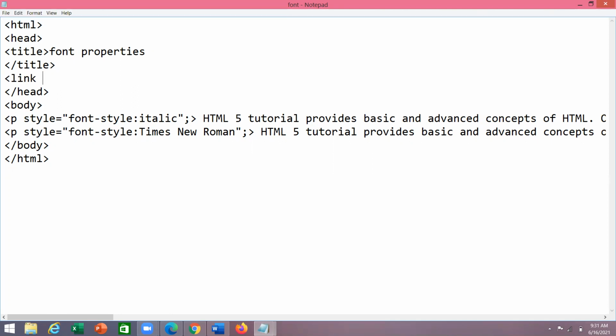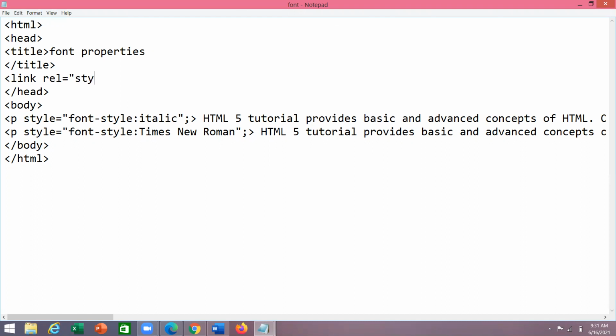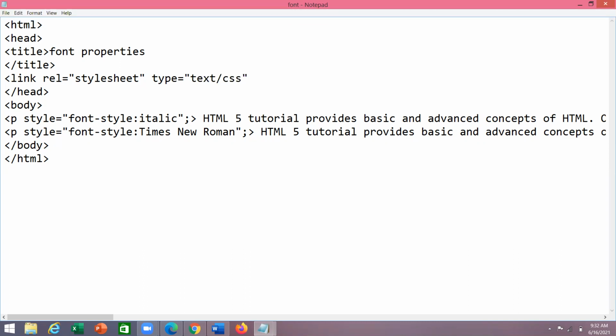Here I'm writing rel equal to double quotes stylesheet, double quotes closed, and type equals to double quotes text/css.